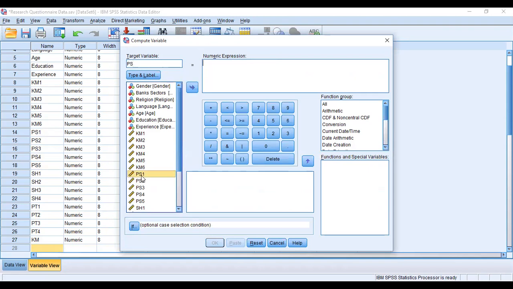Select the PS items. First of all, put SUM and a small bracket. These are project success items 1, 2, 3, 4, and project success 5. Then close your bracket and separate all these variable items with commas.